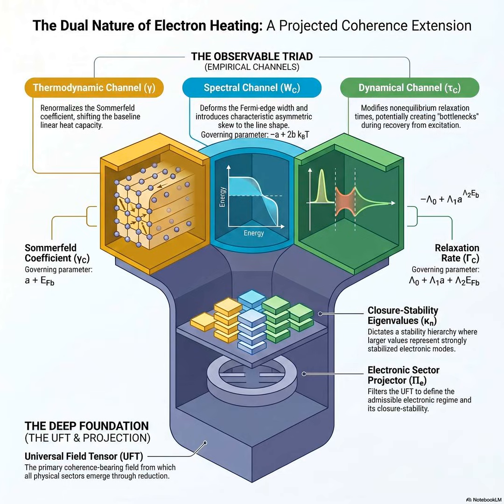Okay. Now, I know we said we wouldn't get bogged down in the math, but the concept here is quite elegant. Each specific quantum state gets a kappa n value. Larger values mean the state is strongly closure stabilized by the UFT. Yes. Right. The structural shadow is holding that state firmly in place. It's robust. Smaller values mean the state is weakly stabilized. It's loosely held, frail, and therefore much more susceptible to being disrupted by thermal fluctuations.